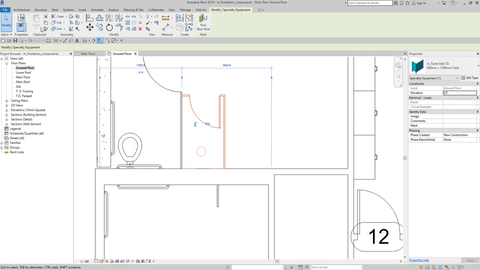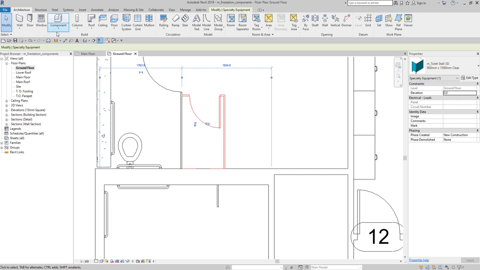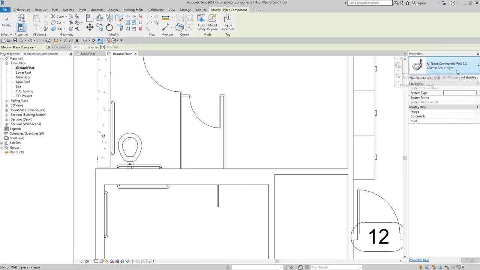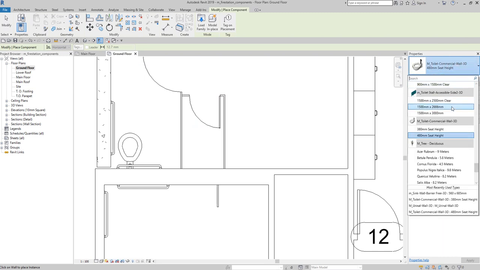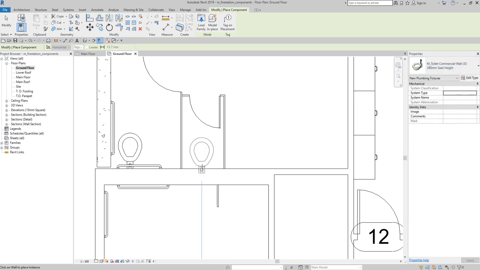And then again, I'm going to select architecture, place a component, and then from the type selector, I'm still going to use here the toilet, but this time I'm going to use the M toilet 380. So I select 380, and then I'm going to pick somewhere here. So I'm going to pick,